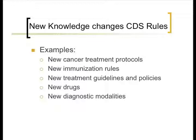So when you build something like this, if every hospital represented in this room were to do this, and every time the rules change, it comes with an incredible overhead, because somebody has to go in there and touch it and modify it. And we have clinical decision support that constantly changes. Oncology brings in new cancer treatment protocols, immunization rules, other treatment guidelines and policy. Each of these professional societies puts all these policies out all the time. New drugs, new diagnostic modalities, all of those change clinical decision support and change the way it's put together and